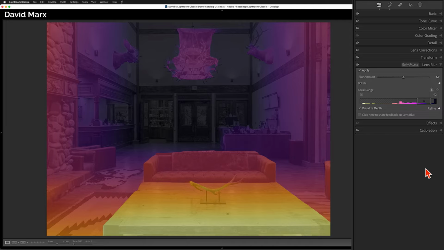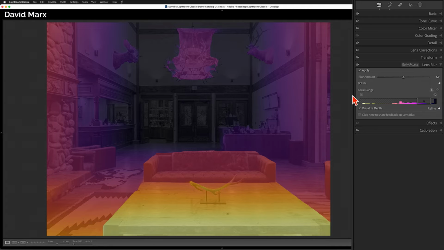The areas beneath the warmest colors, the light yellows, these are the parts of the image that the AI believes were close to the camera when this image was captured. The red and orange areas, to the AI, those areas are a bit more distant. And the purple and then the gray areas at the back, those are the areas it thinks were even further away. In this case, I think that the AI did a great job.